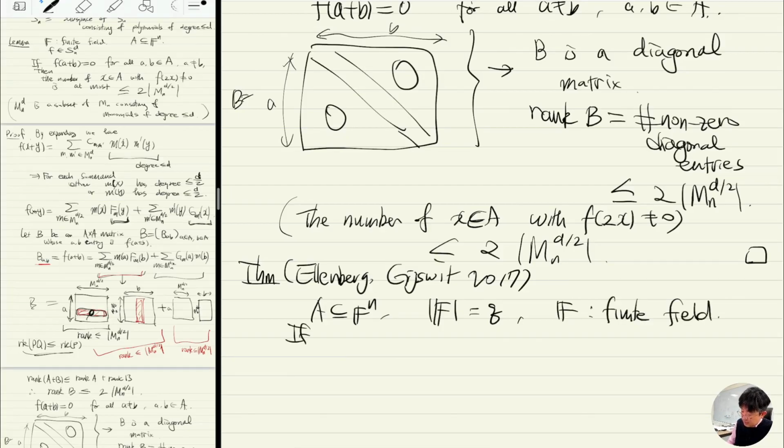And I want to say that if A has no 3-term arithmetic progression,